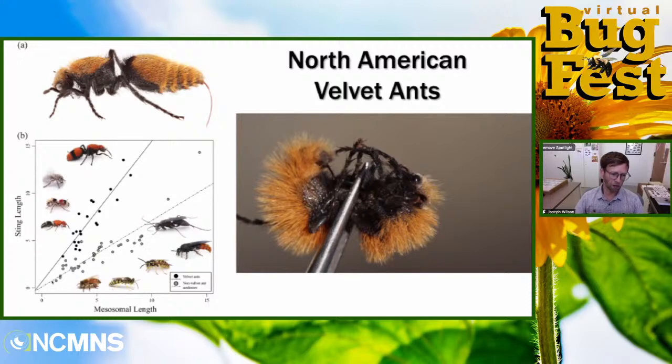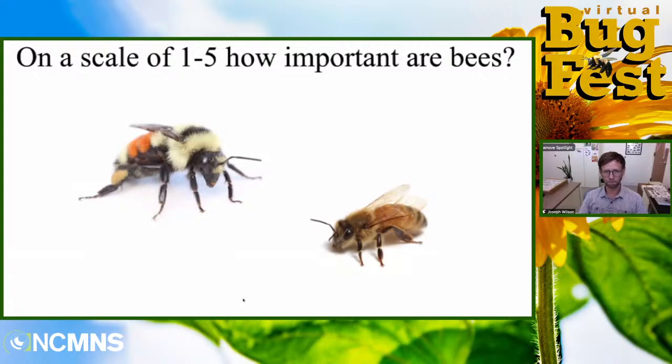This graph is comparing the sting length to the body size of bees, wasps, and ants. On the left of the graph, you can see velvet ants have a much steeper line. They have longer stingers. They also have a really hard shell, so you can't really crush them. They're just pretty much really cool. There are lots of kinds of velvet ants in the world, with different patterns in different parts of the country, but we are going to skip over velvet ants now, and we will talk about bees.